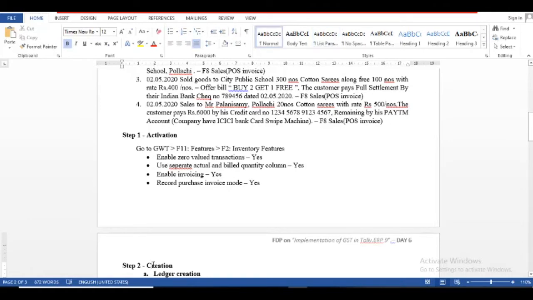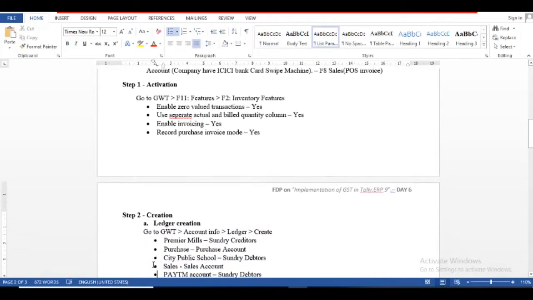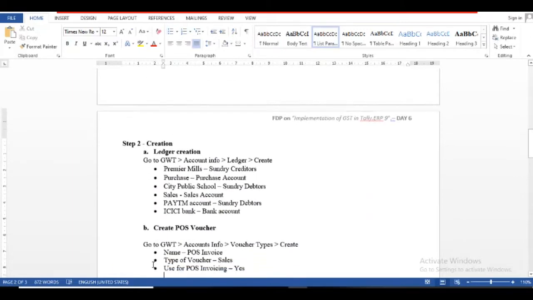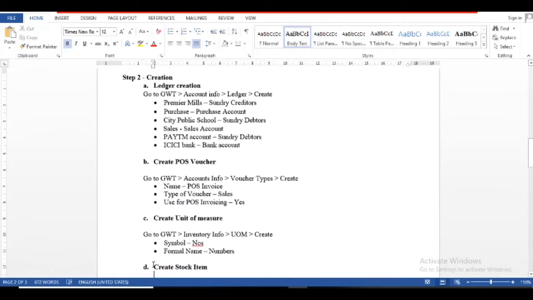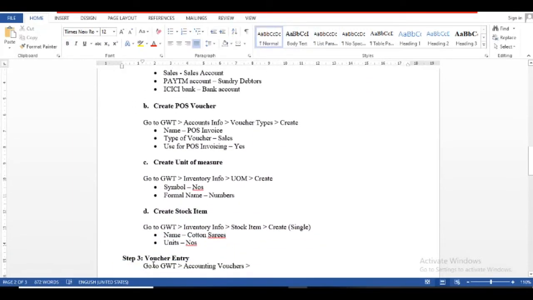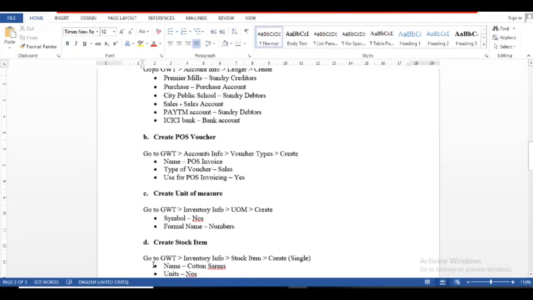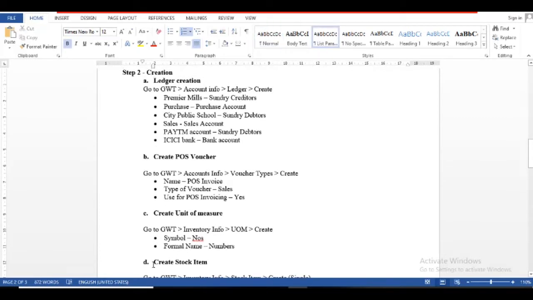Step 2 creation has four options, 4 subdivisions. The first subdivision is ledger creation. A is ledger creation. You know the path for ledger creation is Gateway of Tally, Accounts Info, Ledger, Create.